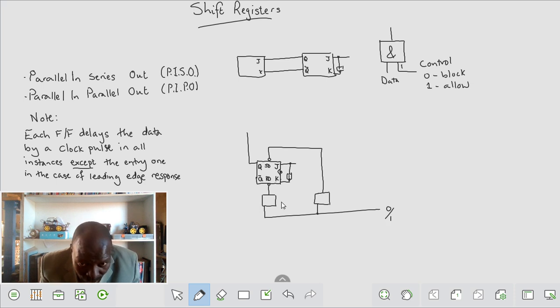Okay, so let's say now, if we use AND gates, the moment we say fit or allow, if we say 0, that 0 will give us 0, that 0 will give us 0 at the same time. What will that mean then? It will mean that it will try to drive our gates instantly. Okay, so what we then do is say, okay, we can't be using that. What are we going to use? We're going to use